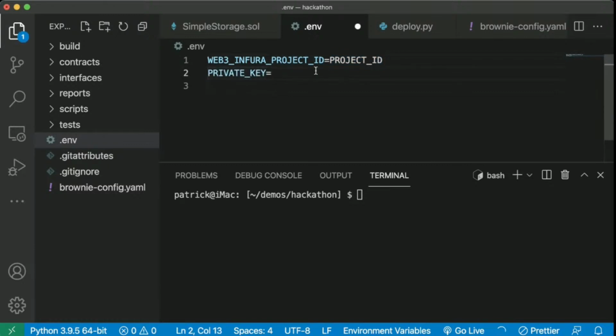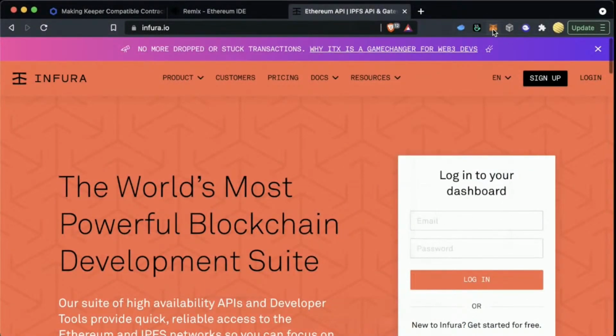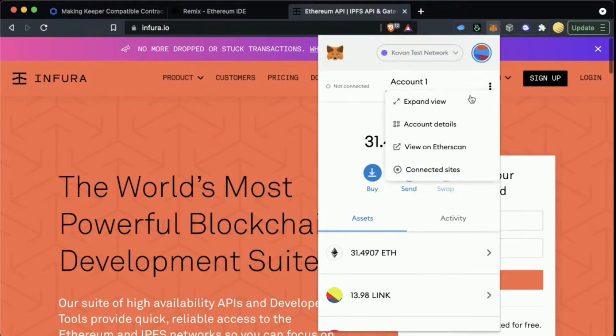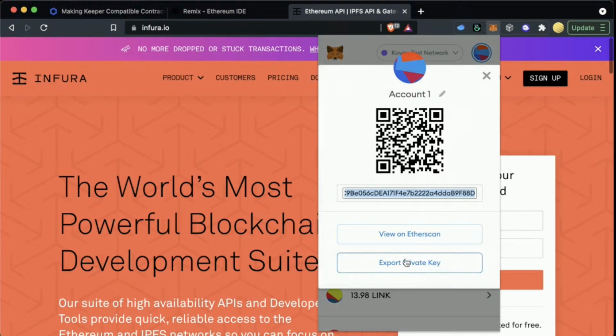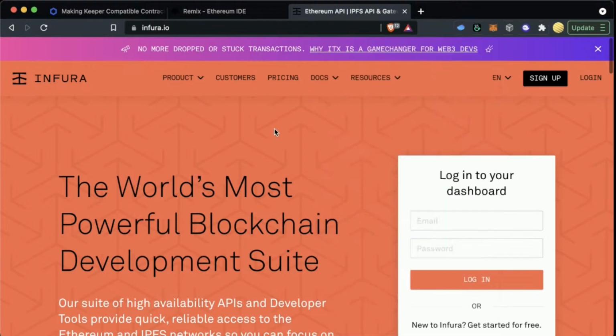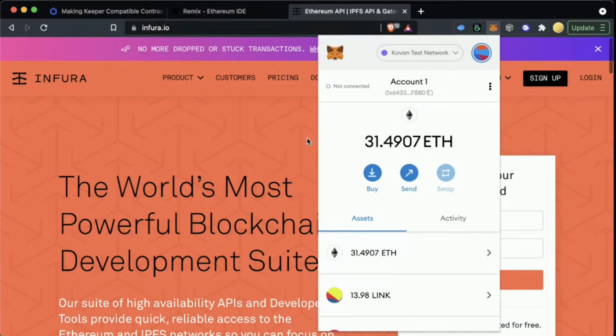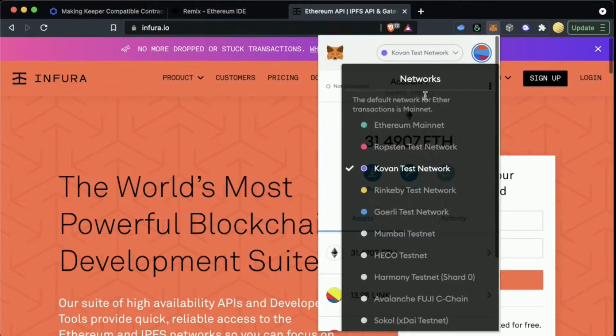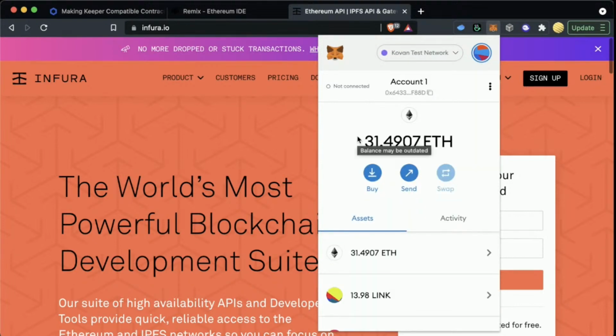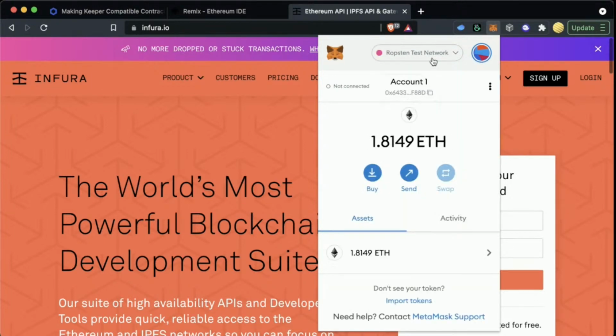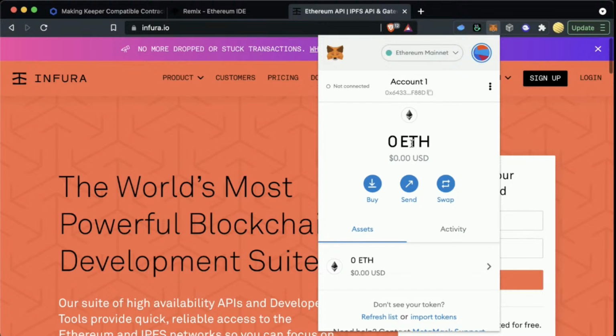Next, you're going to get your private key out of Metamask. So you come to Metamask, go to account details, export private key, and then put in your password. Again, this is why you absolutely shouldn't share this with people, right? Because this is going to have your private key. I always develop with a fake dummy account. This account has no money in it for real, for mainnet. It's super broke, which is good, right? Always develop in an account that doesn't have money in it on the main network. It can have money in it on Kovan, on Rinkeby, on Ropsten. Who cares about those? Don't develop on something that has real money associated with it.